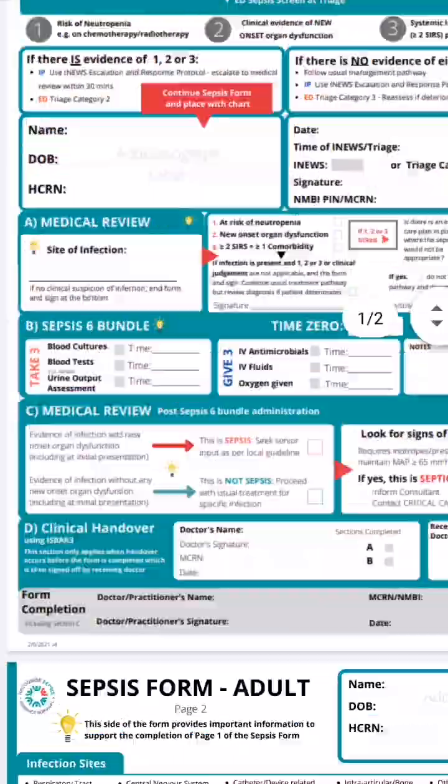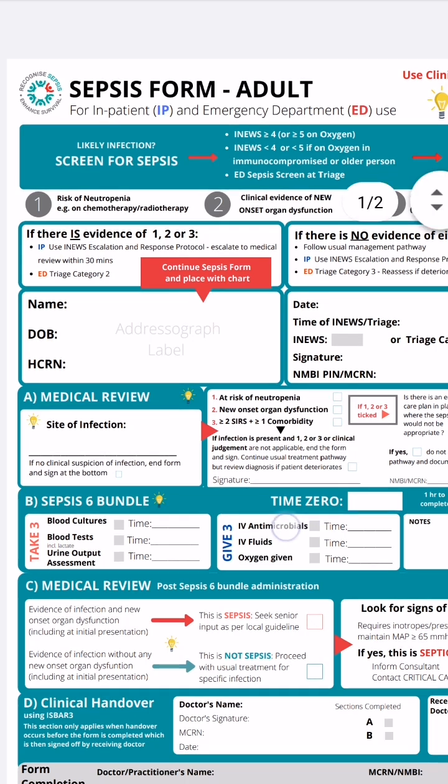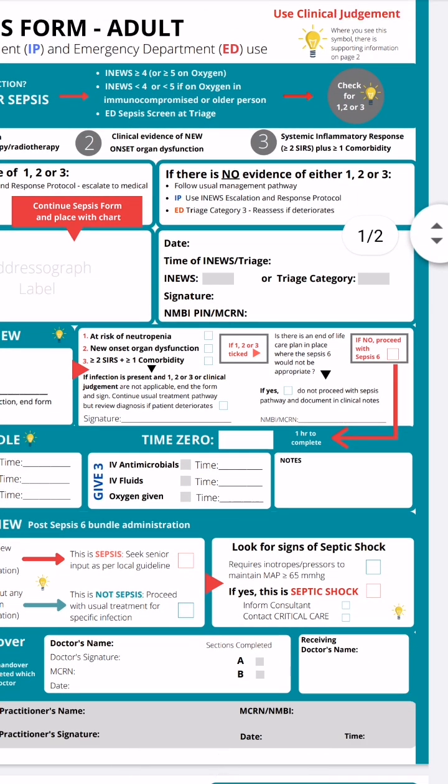Okay, so the first one, the form, is used if the person is going to be treated for sepsis; then we use this form. So first of all, when we have done the iNews score and it is above 4, you can see in this form the first screen for sepsis, so we will go for the iNews score. If it is more than 4, or on oxygen it is more than 4 or nearby that, and then the patient is on oxygen and their iNews score is less than 4 or less than 5, or the patient is immunocompromised, or an older person, or our patient is in the emergency department and screening for the triage, then we will